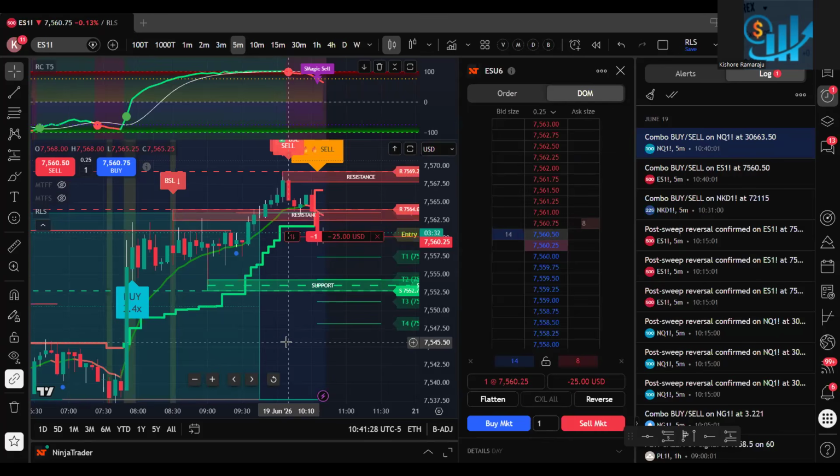You need to have minimum $10,000 liquidity. They have now removed the 25K rule also, so you can do any number of trades, even if you have 5,000 or 10,000. But if one or two trades go to the other side and you have more, then we can easily convert it from 25K to 50K.